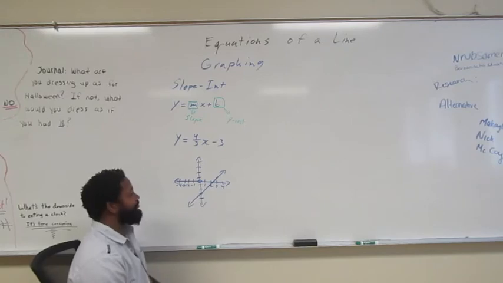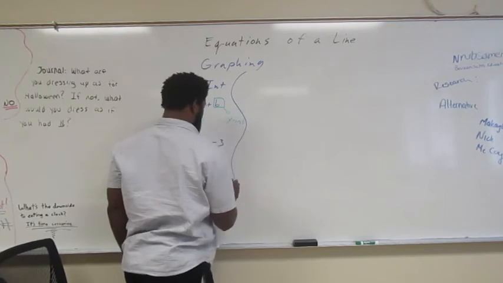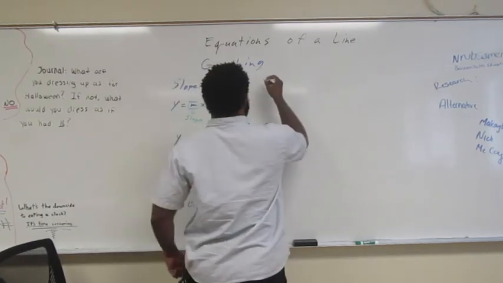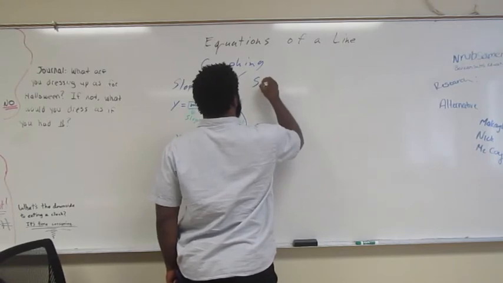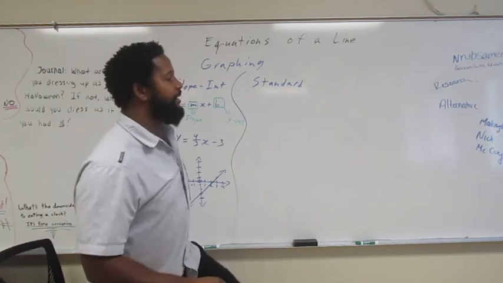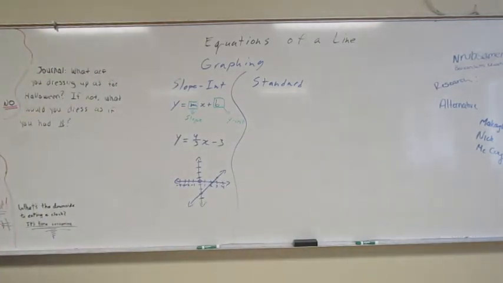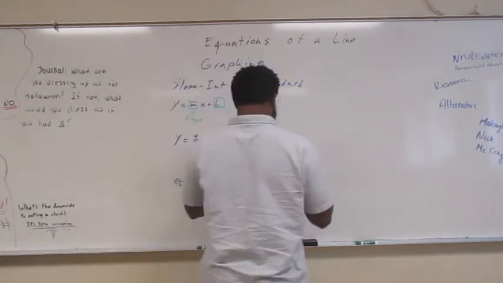Slope-intercept form. All right? Standard form. Okay? These are the main 2 forms that you are going to be using in order to graph. Standard form and slope-intercept form. Okay? Take your time. Let's say, for example, you might have,